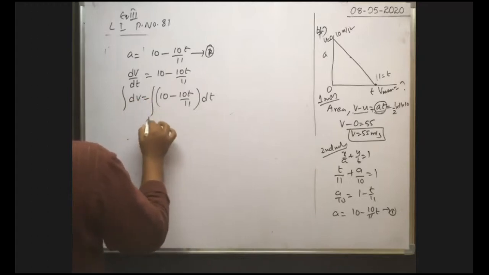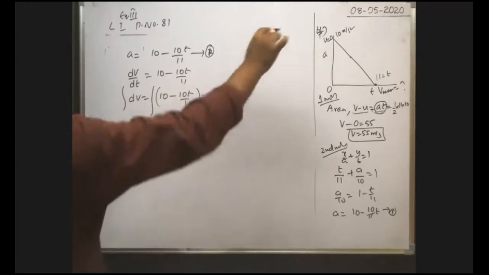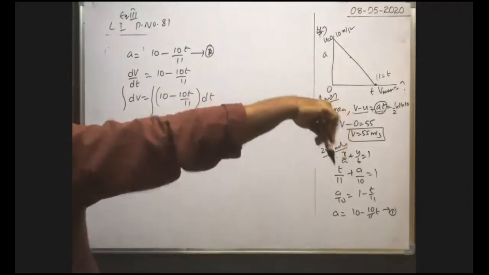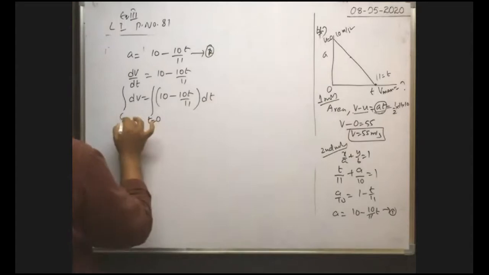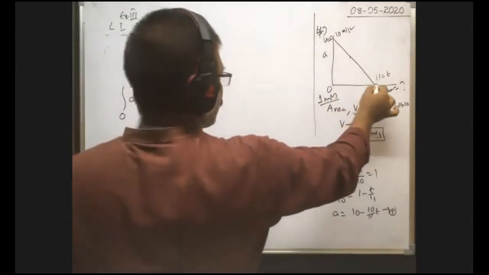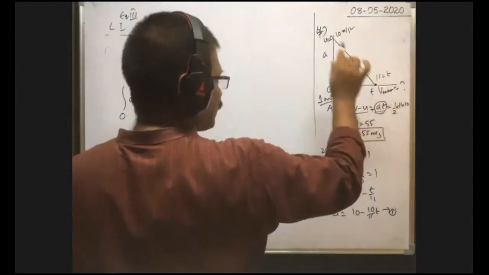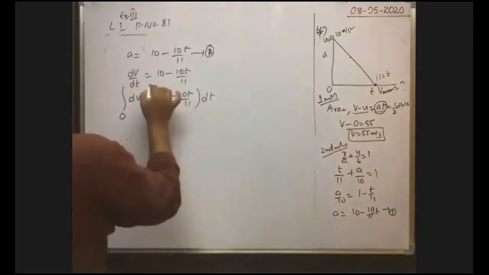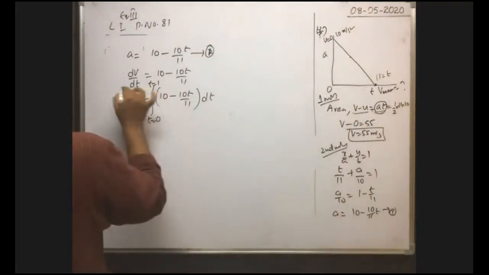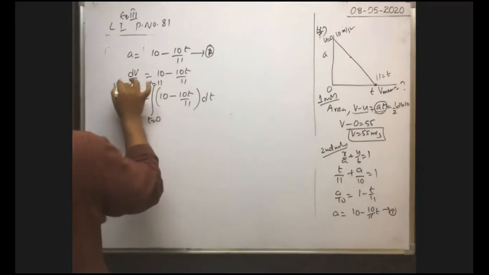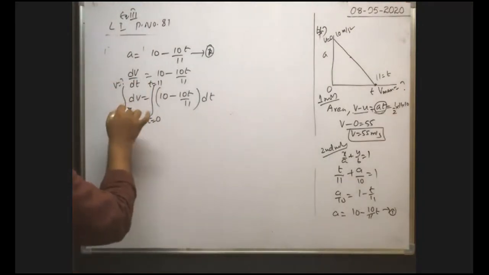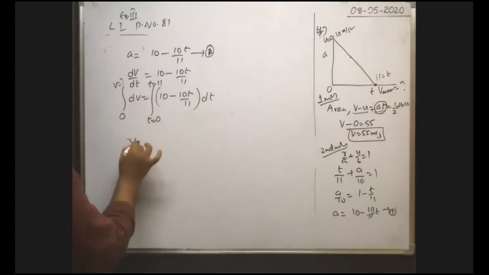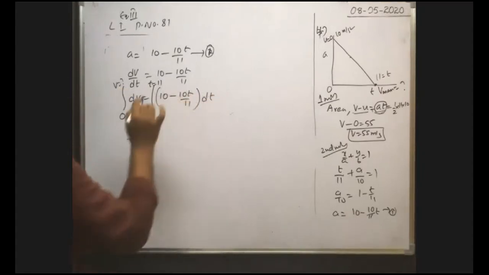Here at t is equal to 0 second, the body starts from rest according to the problem. In the problem it is given that the particle starts from rest. That's why at t is equal to 0, velocity is 0. After 11 seconds, what is the velocity? Because velocity is maximum at 11 seconds. That's why at t is equal to 11 seconds, what is the velocity? That is the question mark. Integral dv means v. When you substitute 0 to v limits, you will get v only, no? V is equal to. Now we do integration of this.